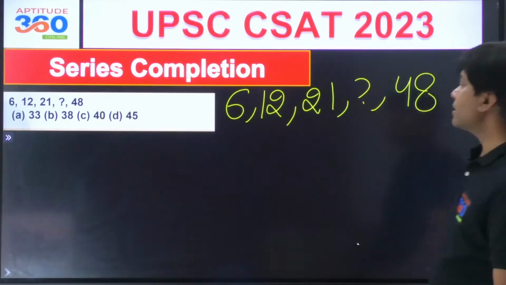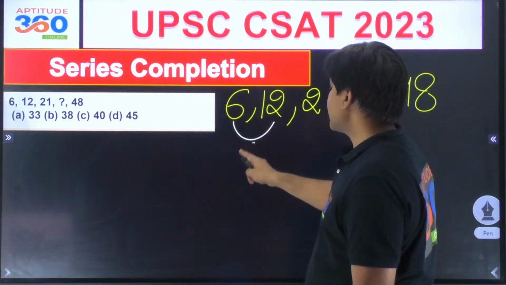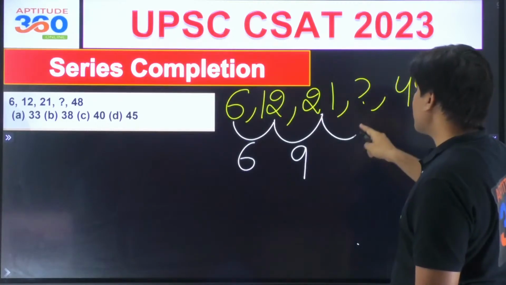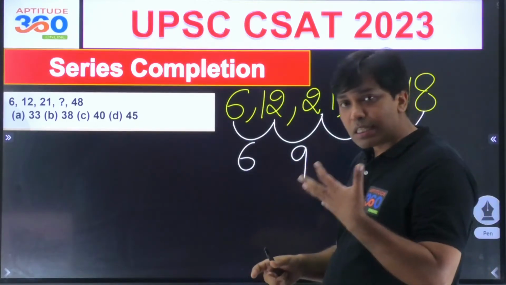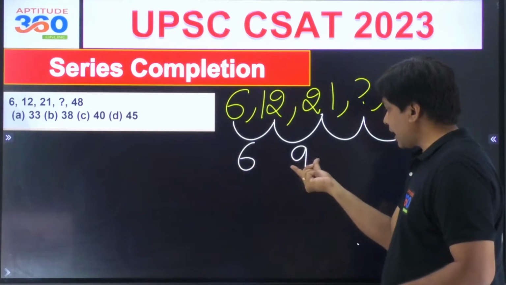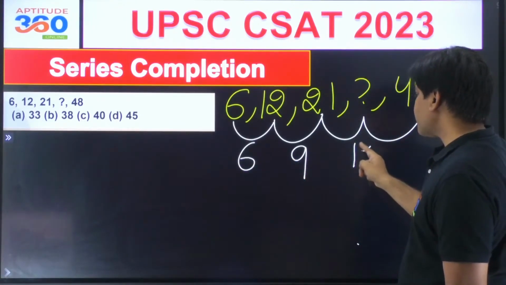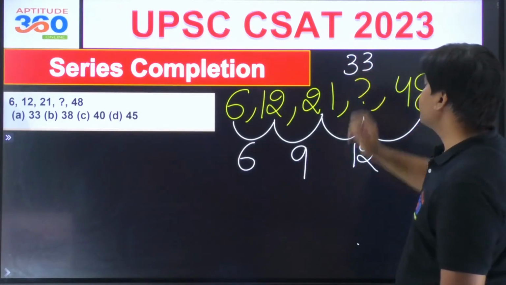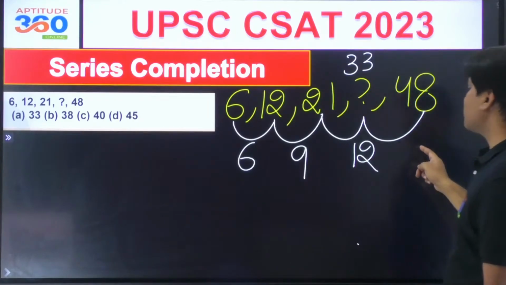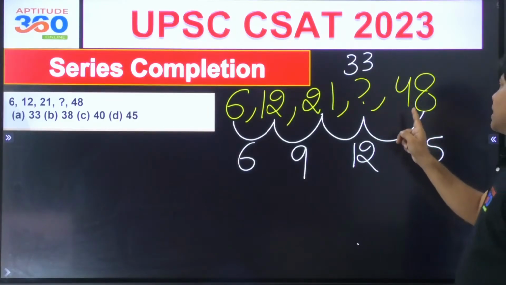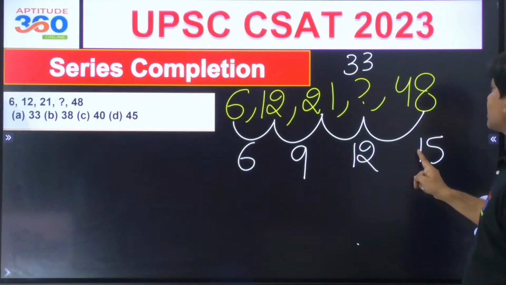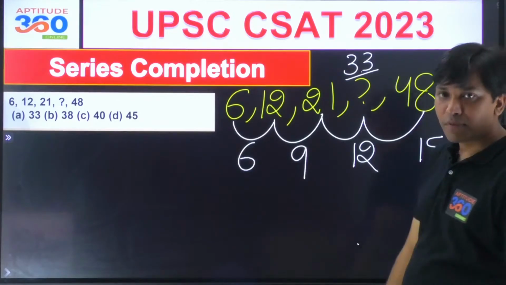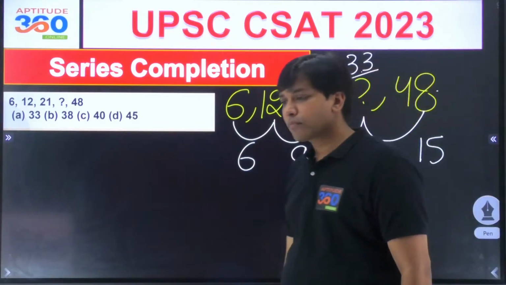Shivam is getting the answer. This is nothing. This is what? This is 6. This difference out here is what? 9. What is this difference? We do not know. If we go with this method, this is 6 and then 9. Maybe this is 12. And if this will have to be 12, this number will have to be nothing but 33. And after 12, this will have to be nothing but 15. So if you see 48 minus 15, that is what? 33 plus this. 33 plus 15 is 48. Problem simplified.